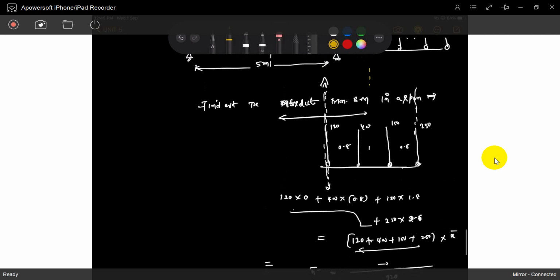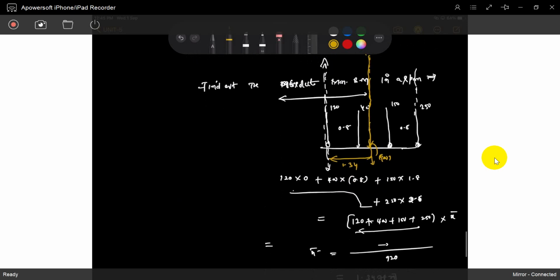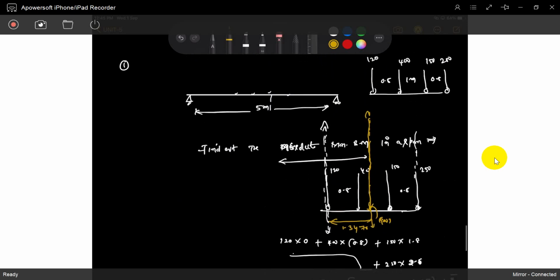Okay. This is the load. So you can take it as directly the total load here. This 900 is acting here, at a distance of 1.347. You can take it. We have already done so many strength of materials topics, and we already had experience in intermediate classes with what center of gravity is. You can take it like this now. So not 900, it is 920, the total load at the center of gravity of the system. Okay, we will find it.